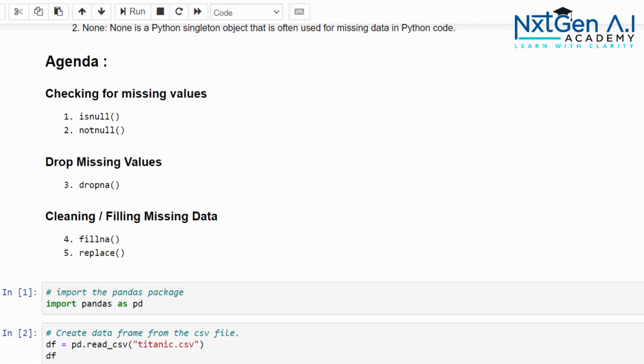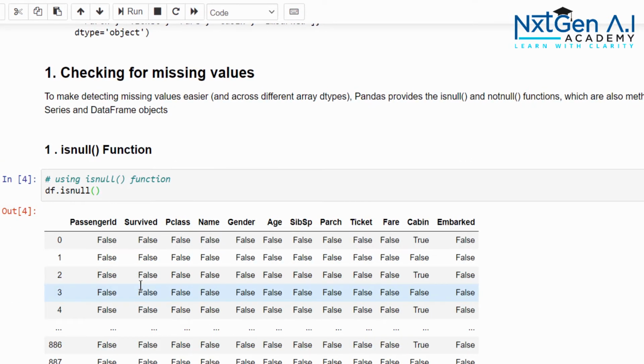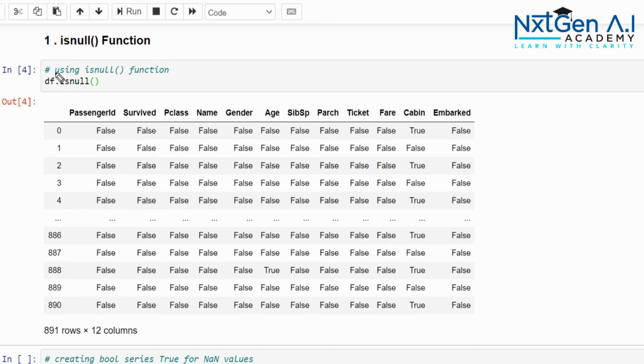So first step, let's check for the missing values using these two methods. The first method is to check whether each field is null or not. So df.isnull(). When you execute this code, it checks the entire data frame to see whether each cell is null or not.